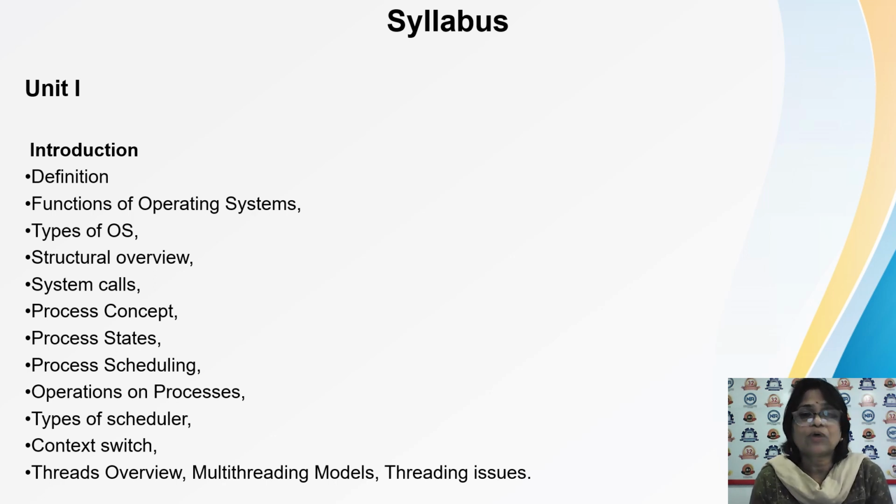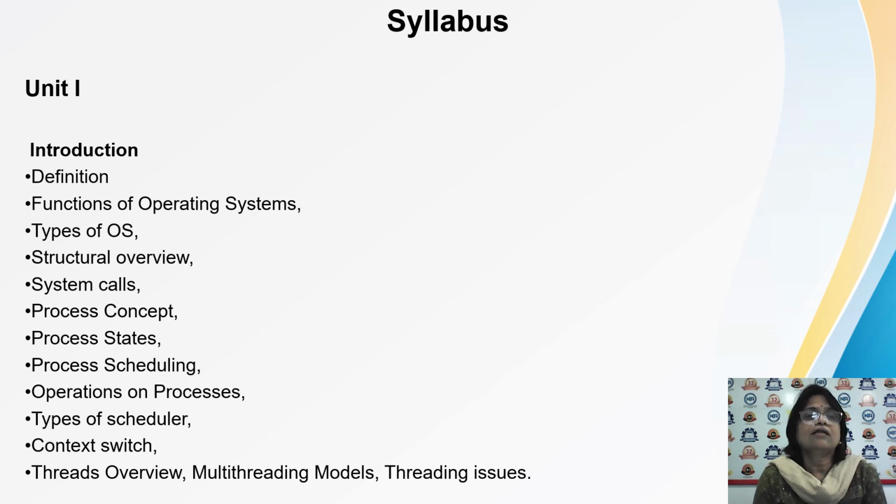Then there is a concept of process. When we are writing a set of instructions to solve the problem, it is a program. But when the program is in execution, it is called a process, because while the program is being executed, it will require several resources to be allocated. That is, before execution, the program must be brought into main memory, and then it is allocated the processor. And if there is more than one program running on the computer system, then the resources have to be shared. So there is the concept of process